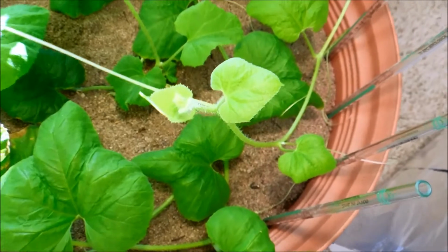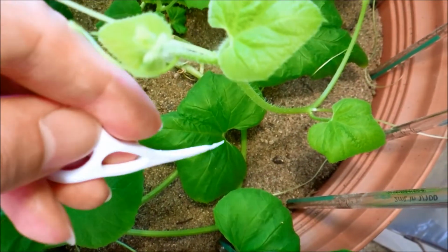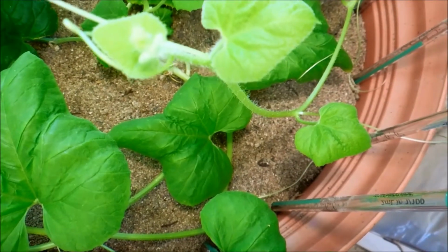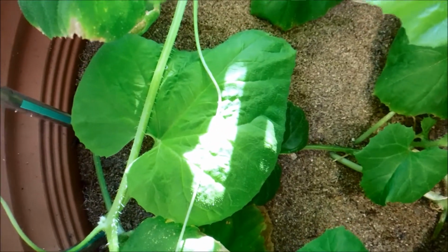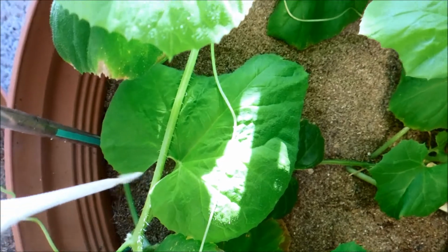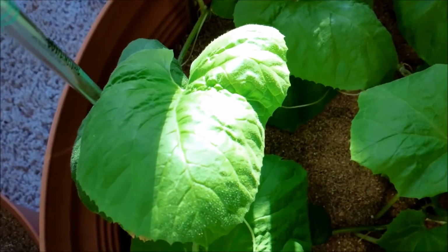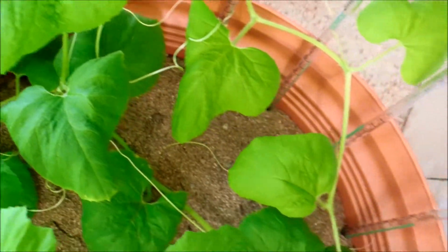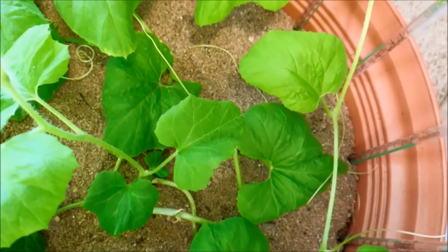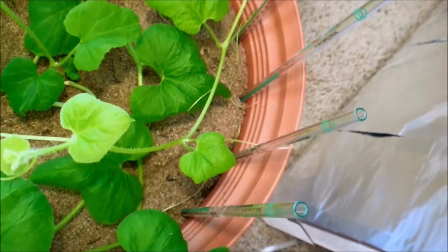Let's see, yeah, some of these look fine. Other ones, the older ones, might not recover, so to speak, but as long as they get bigger, I think these wrinkles should smooth out a little bit. This leaf looks pretty good. This one, they're all wrinkled in different ways, I guess. Some have it, some don't. But as long as the leaves are healthy and these wrinkles don't affect their performance or function,